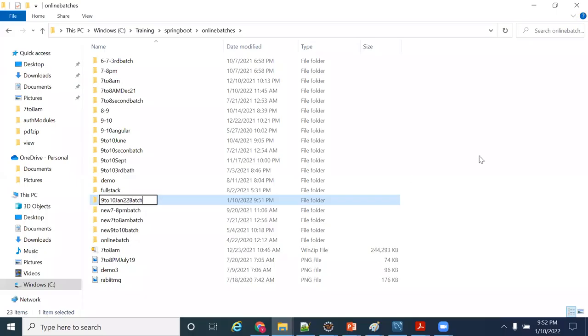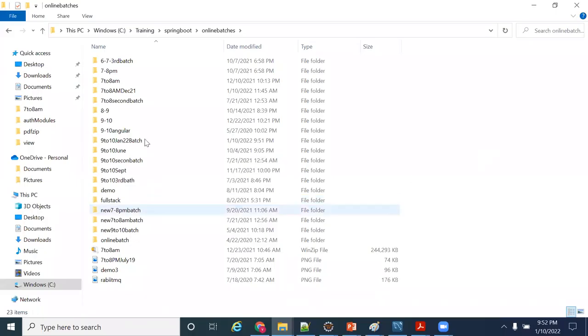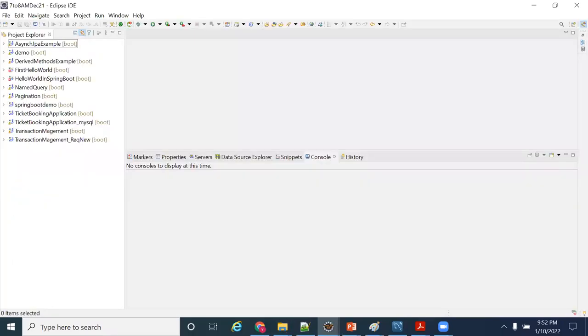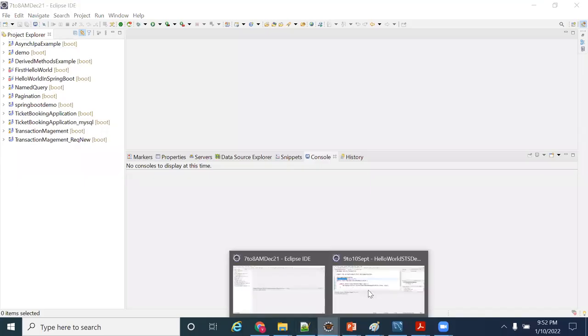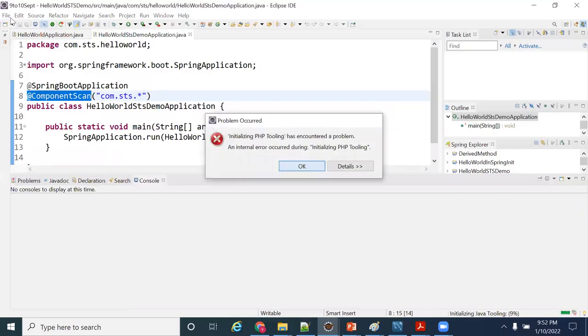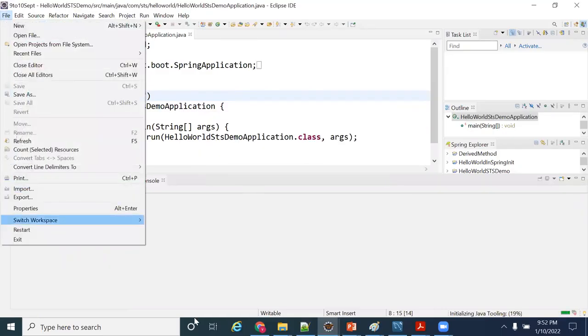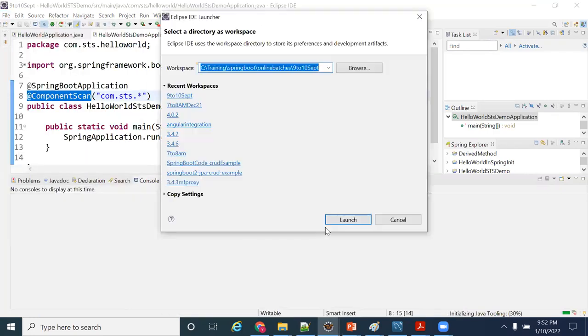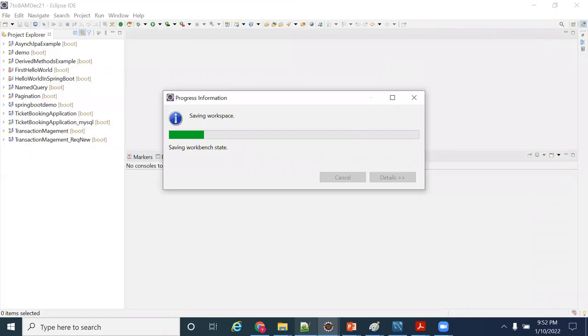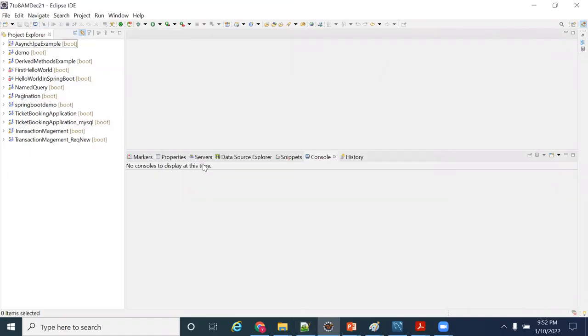This is our folder. And let me do File, Switch Workspace. Guys, kindly wait, please. Yes, I'm selecting this folder. Let me say launch. A new workspace I'm launching, guys.